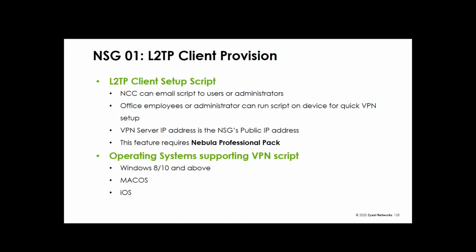Nearly there. One thing that's been tweaked on the gateway is that when you configure a remote access client under the Layer 2 Tunneling Protocol configuration screen, it will now email out a suitable script for, as you can say, Windows, macOS, and iOS. So there are various rules. It's a professional feature. In terms of the VPN server IP, it will use the NSG's public internet IP address. So it makes it really simple and straightforward to create remote access accounts, and they get emailed out